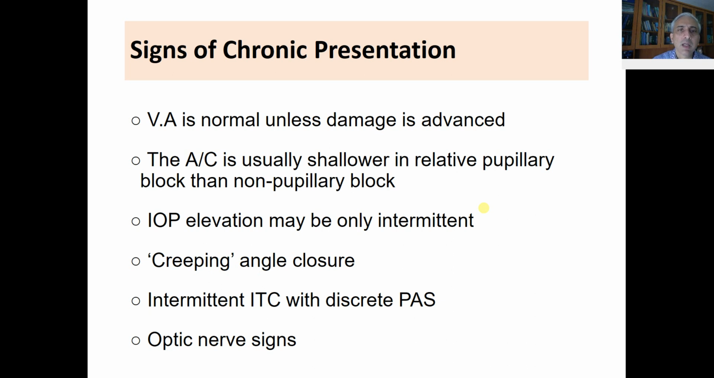The IOP elevation may be only intermittent. Then there is a term called creeping angle closure, which is seen in patients with chronic angle closure. It slowly zips up like a zipper, and it takes a few months or years to do that. But once it closes, you can't do much, and then you need to go for surgery. Or you can have intermittent iridotrabecular contact with discrete peripheral anterior synechiae formation, and then obviously optic nerve signs, which